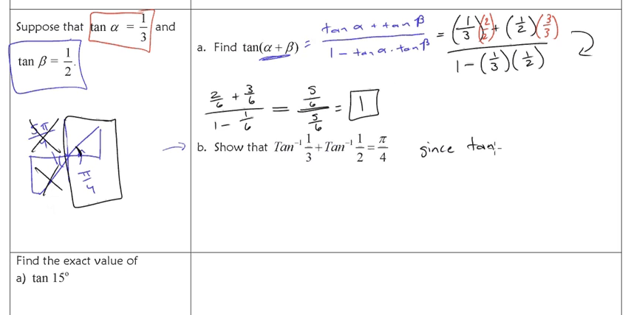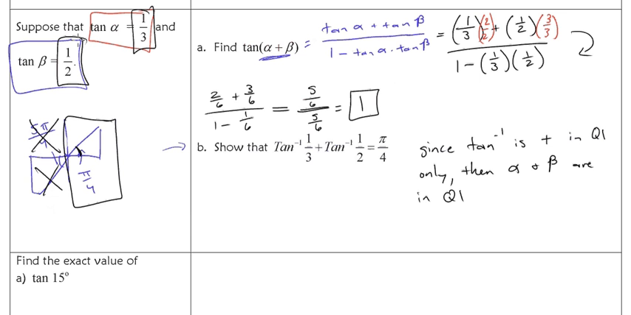And so we have, since inverse tangent is positive in quadrant 1 only, then alpha and beta are in quadrant 1. And because we know that here they're both positive, they're both in quadrant 1. So we know that